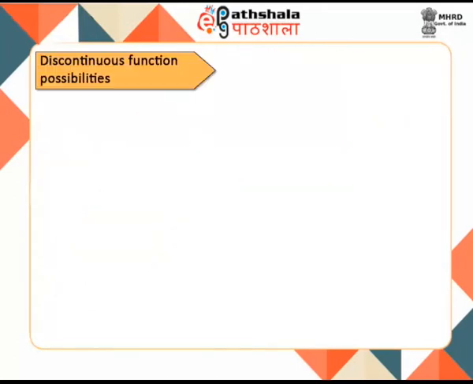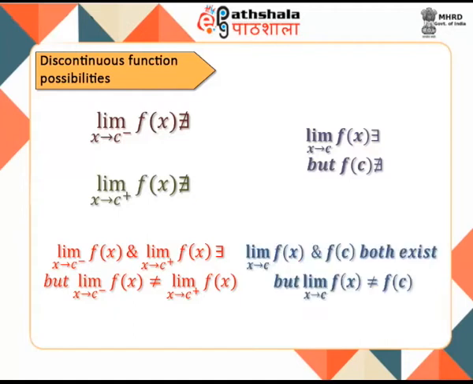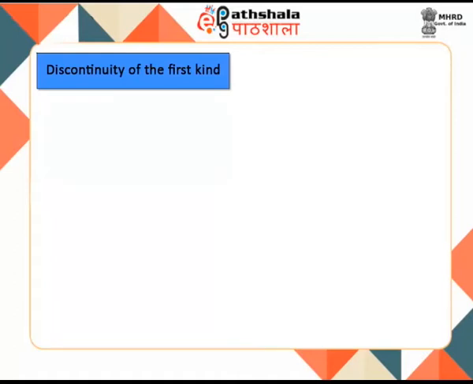For f to be discontinuous at c, there are many possibilities, namely: the limit as x tends to c from below of f(x) does not exist; the limit as x tends to c from above of f(x) does not exist; the limit as x tends to c exists but f(c) does not exist; or the limit as x tends to c of f(x) and f(c) both exist but the limit is not equal to f(c). f is said to have discontinuity of the first kind at x equal to c